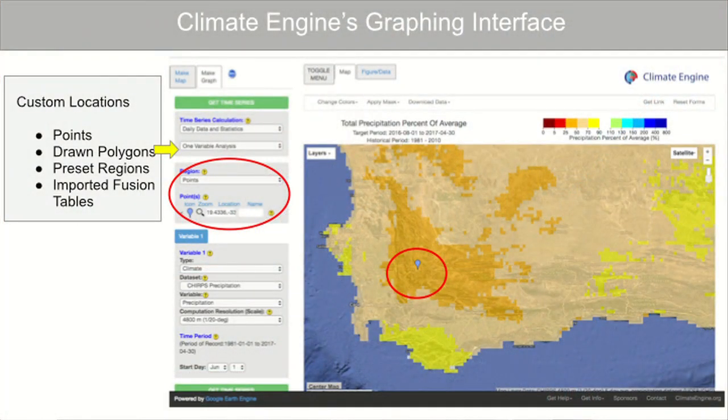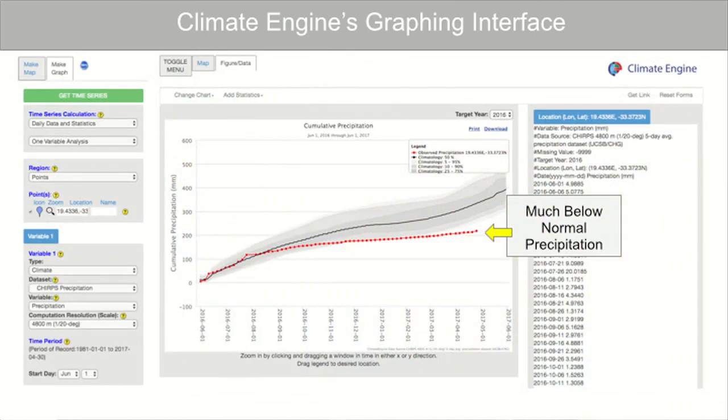And this has been in the news recently. In June, Cape Town's extreme drought has led to water shortages, and just last week there were big fires ripping through this region. So discover more, and Climate Engine can also allow you to drill down and choose a point location, and we can look at this in a graph and see how the cumulative precipitation is a lot less than normal. And then lastly,